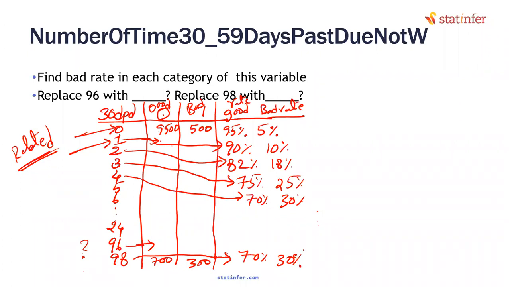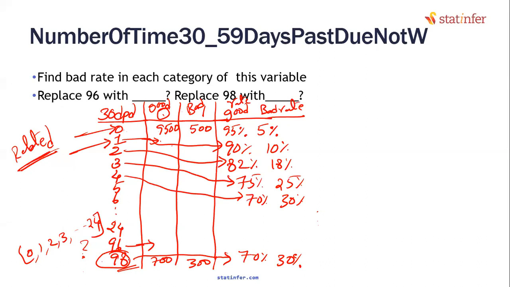Now, my question to you, all of you be ready with the answer. I know 98 is wrong. I know 98 should be replaced with either 0 or 1 or 2 or 3 or any value between 0 to 24. Can you tell me the best replacement for 98? Shall I replace it with 0 or 1 or 2 or 3 or 4? What is the best replacement for 98? And the second question is why, if you're choosing a replacement.